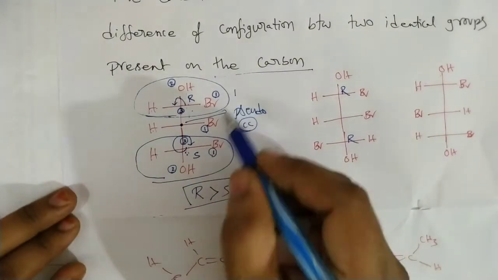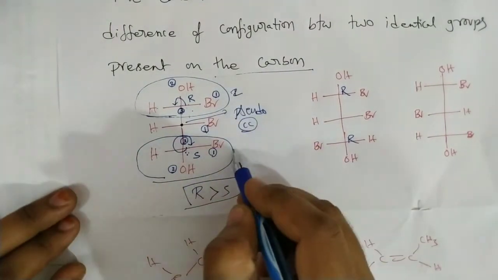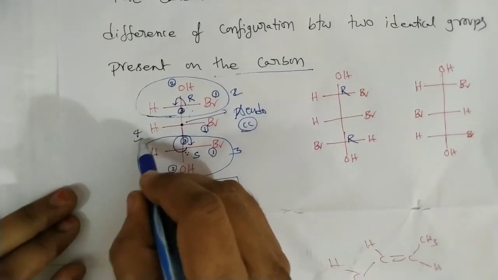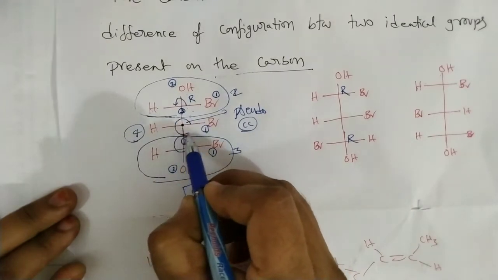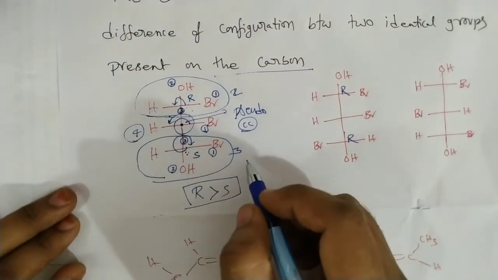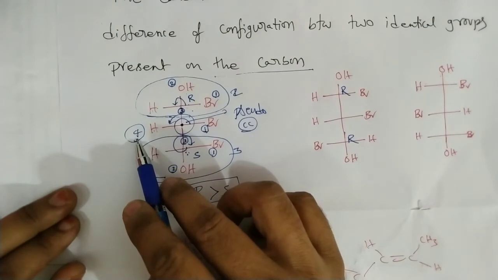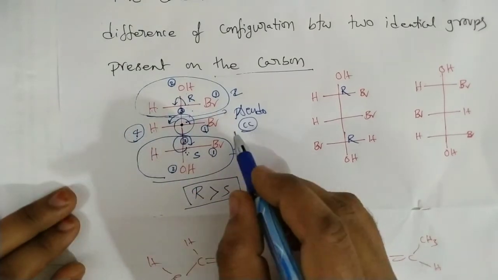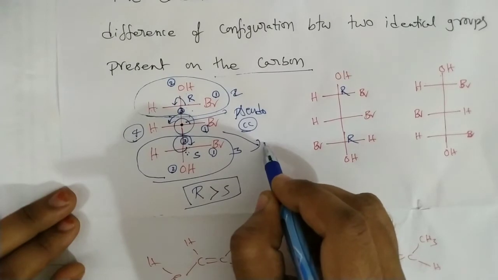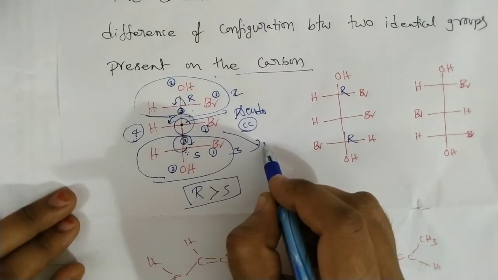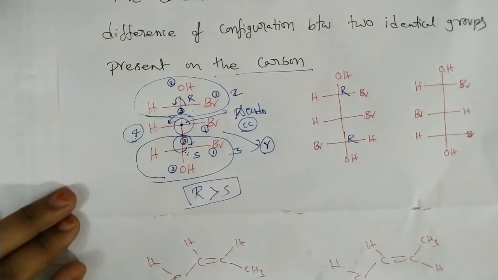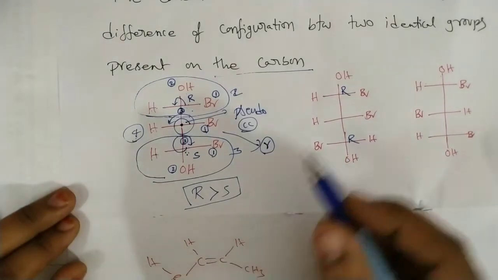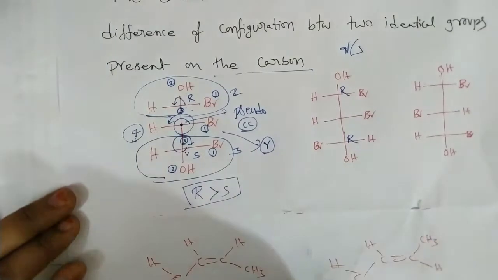So this is the second priority, bromine is the first priority, this one is the third priority, and hydrogen is the least priority. If you take an arrow, 1 to 2, 2 to 3, it is anti-clockwise, but hydrogen, the least priority group, is on the horizontal line, so its configuration is R. But for a pseudo-chiral carbon, the configuration is assigned as small r. So a pseudo-chiral carbon is indicated by small r and small s configuration.